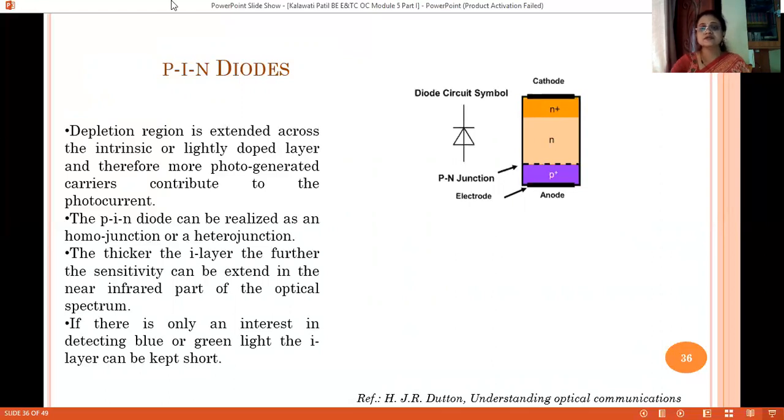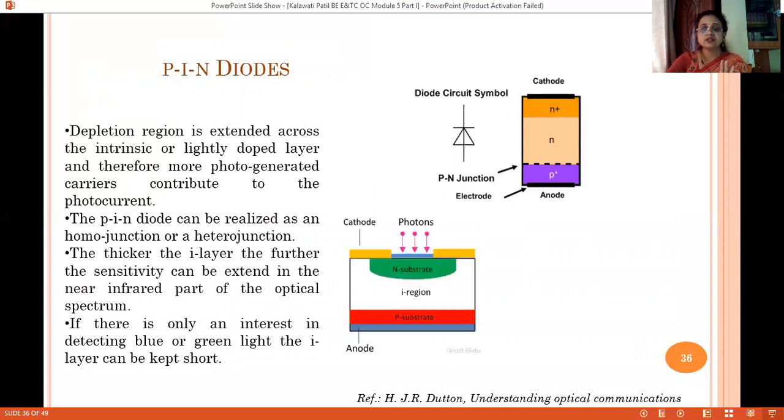This particular diagram represents the symbol for this PN photodiode, and the detailed symbol with the different layers which are used. This is a symbolic representation, and the conventional structure looks more like this.